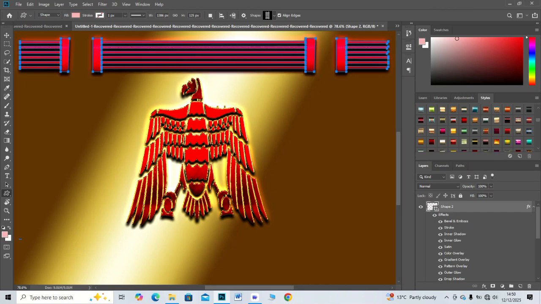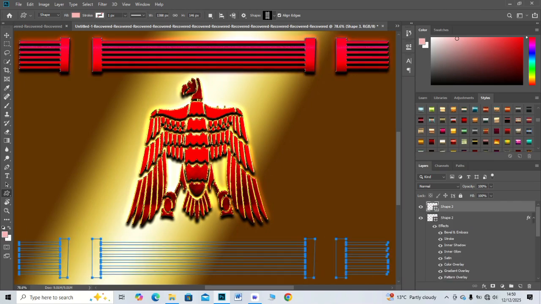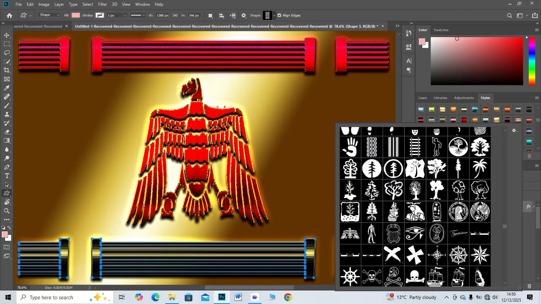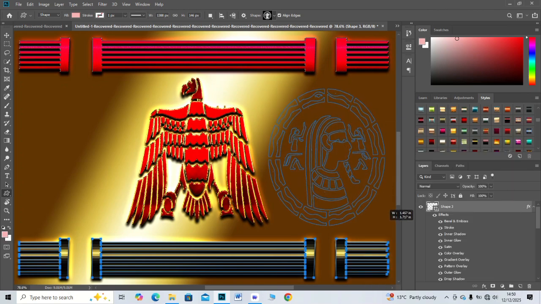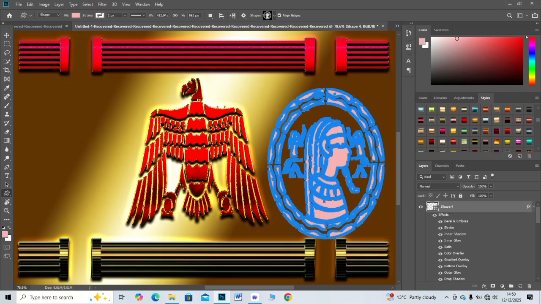Choose a dark color, select rectangle tool, then draw a large rectangle at bottom. Change rectangle color slightly lighter, lower opacity to 80%. Now select type tool, type main text inside rectangle, increase font size or Control plus T to resize the text